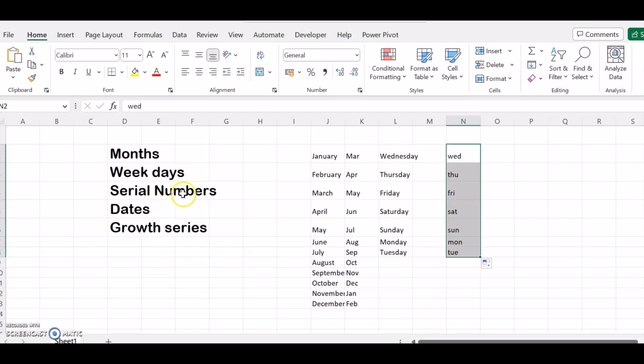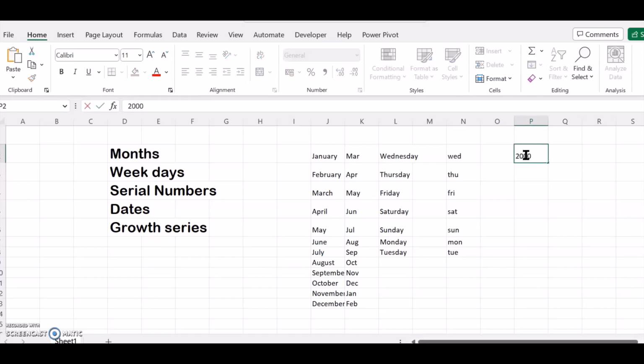Next we come to serial numbers. Serial numbers 1, 2, 3, 4 we can create in any manner you want. But if it is a huge set of numbers, say from 2000 to 2500 or 2000 to 3000, you can create it very easily. So for this, type the number, press enter, select it,